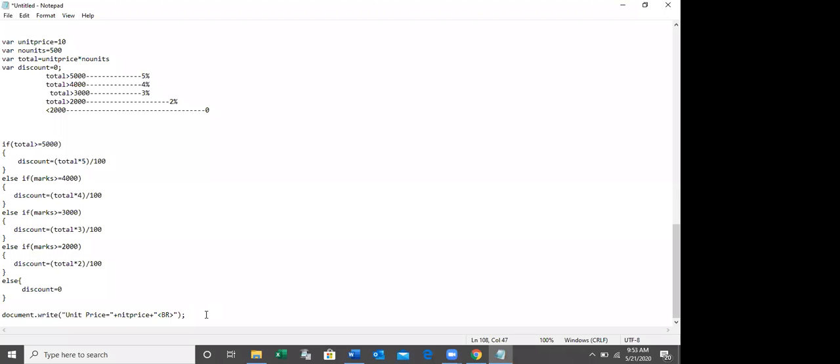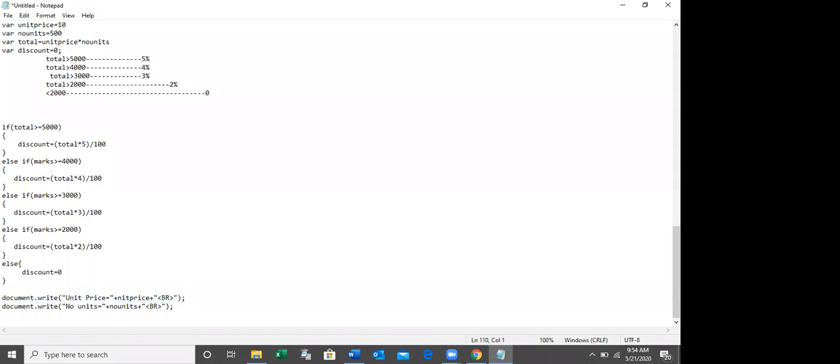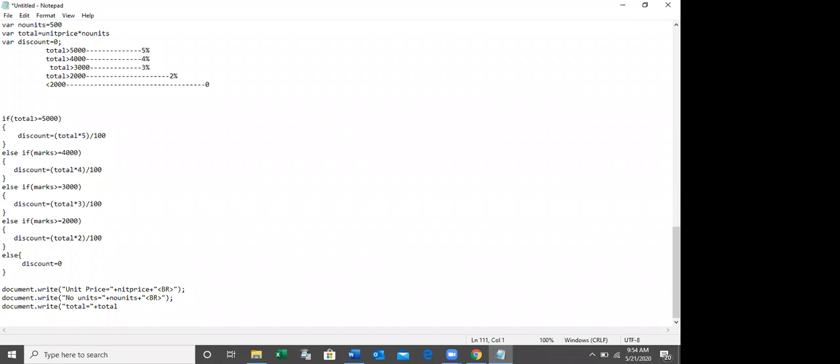Same thing you have to do to display other things also. Unit price, number of units. Number of units is equal number of units. Okay, then total is equal, all the variable total. Then discount is equal